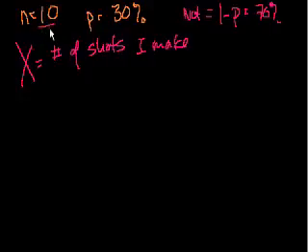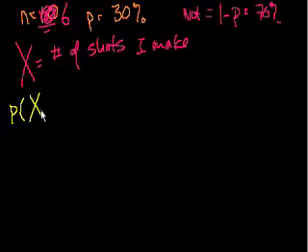And also I'm taking more shots now than I did before, so it'll probably take a little bit more time. Actually, this is too much, because I don't want to waste too much time. Let's say I take 6 shots. And X, the random variable X, is the number of shots I make. So let's think about how we figure out this probability. What is the probability